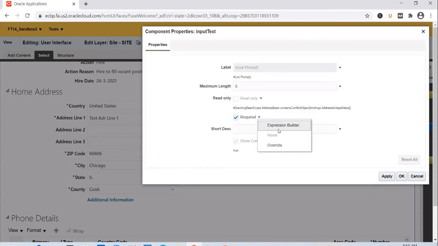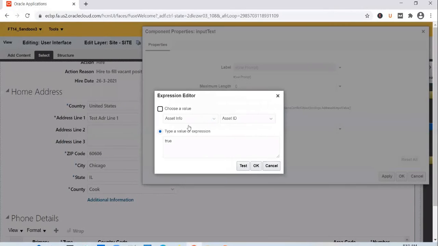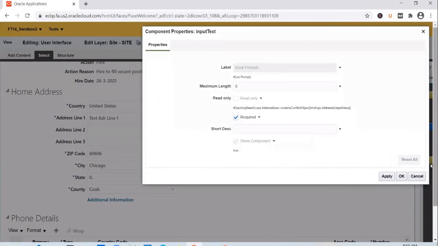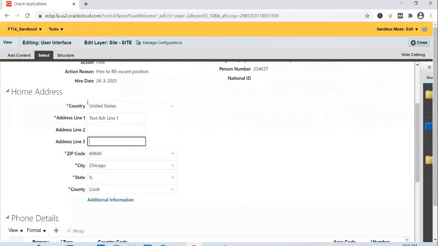So instead of typing in a static value here, I need to write an expression, and in that expression, I need to check if the country selected is United States. And for that, I need to get the binding of the country first, right? So cancel this, cancel, click on the country field.